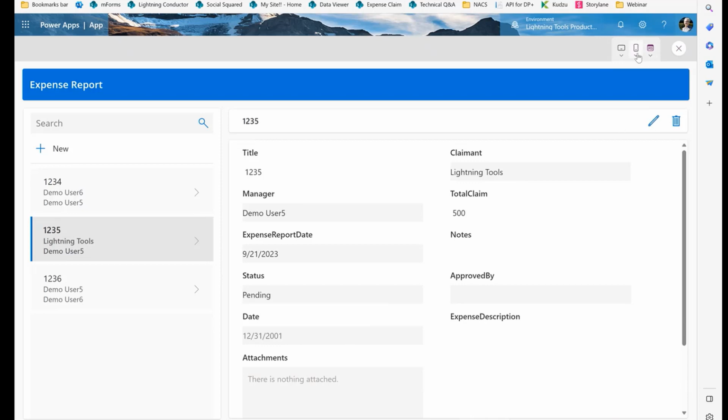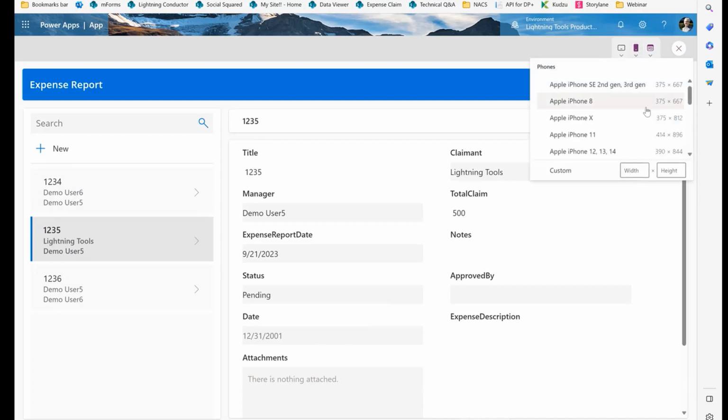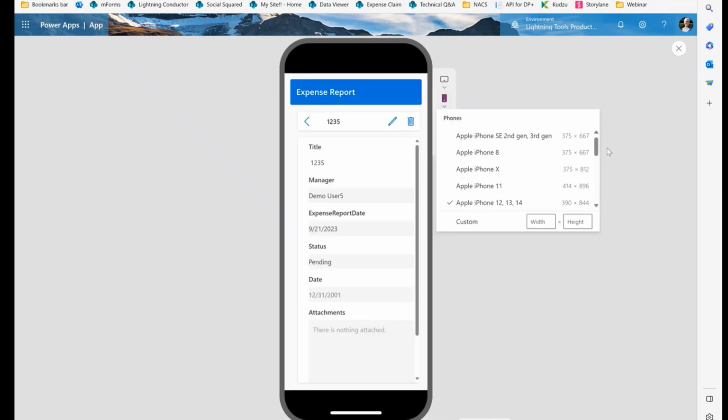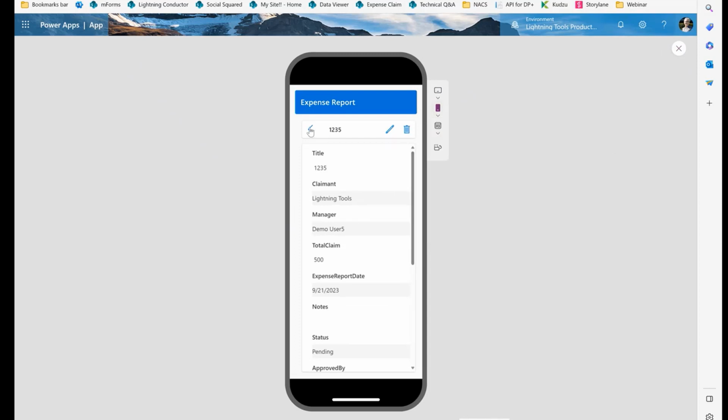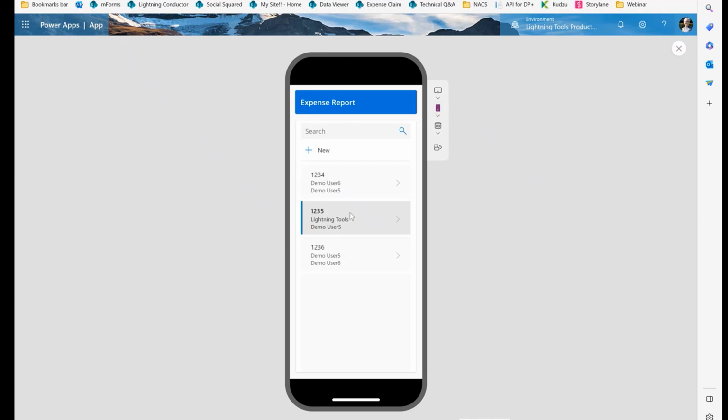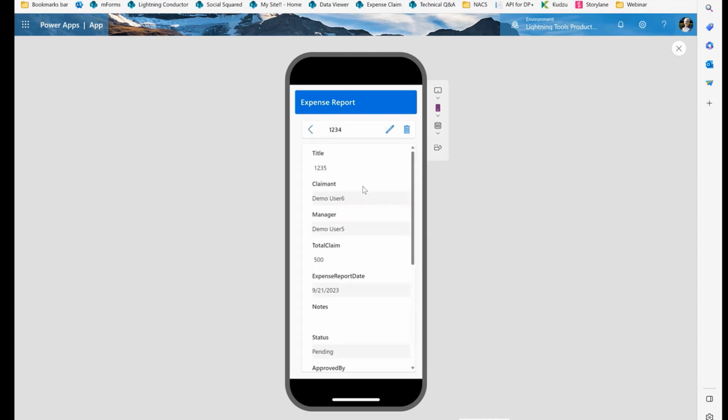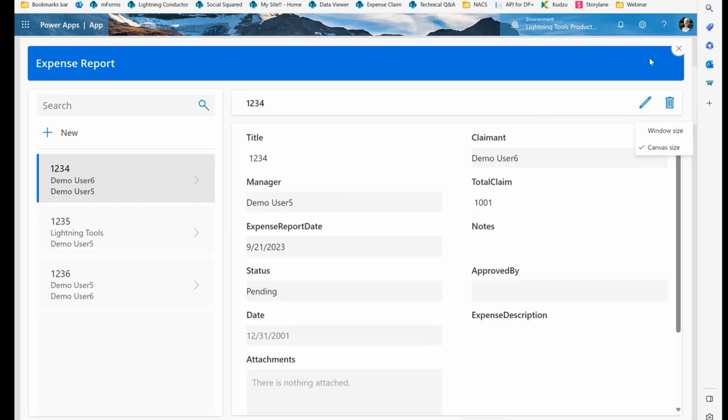And I can see here in the play mode, I can view it in different form factors. So say I want to view it, like how would that look on a phone? And so I can see that I would have the details about the expense. And if I go back, and then I have the browse gallery, as they call it, to get to my different items and click here, and then it shows me the detail. So it's pretty neat on another device as well. So I'm going to switch back to canvas size